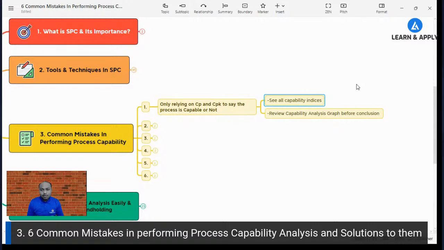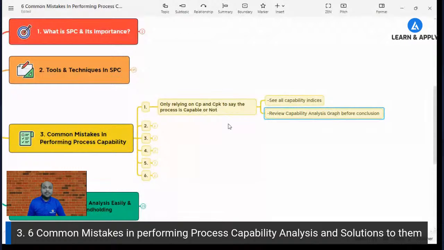Now, another important thing that we also need to look for is the graphical results. Review the capability analysis graph before conclusion. Now, why is it important? Let's say I am saying that CPK is 2.3, or let's say we are talking about the CPK. In that case, in which direction do we need to take the actions, right? So for that purpose, we need to understand